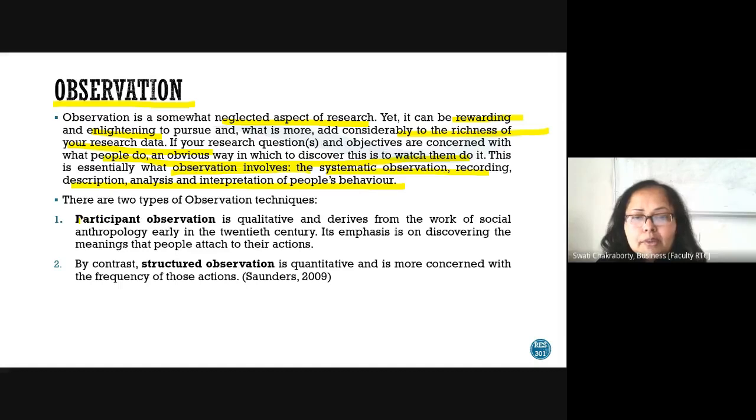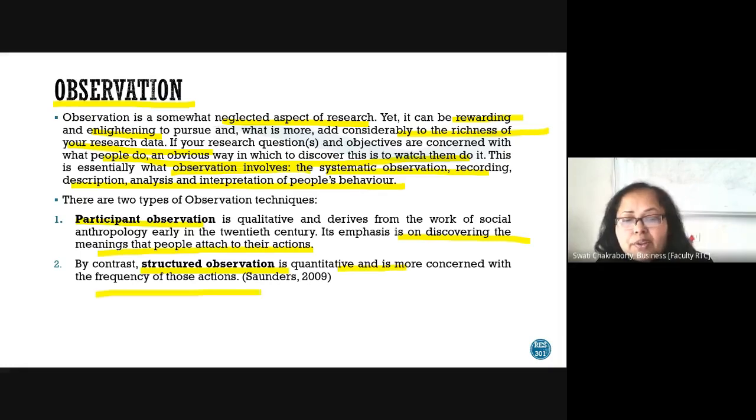So there are two types of observation techniques. One is participant observation, which is qualitative and derives from the work of social anthropology, right? It started from anthropology. It emphasizes discovering the meanings that people attach to their actions. Why do they do it? The other type is structured observation, which is quantitative and is more concerned with the frequency of those observations. How many times do they do it? One is the reason, which is qualitative, and the other, quantitative, is structured, which is how many times,